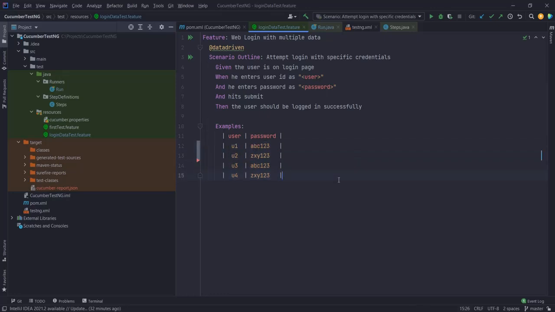So this is a way of implementing data-driven testing in Cucumber. It is analogous to the @DataProvider if you have used TestNG, or @Parameterized if you have used JUnit before.